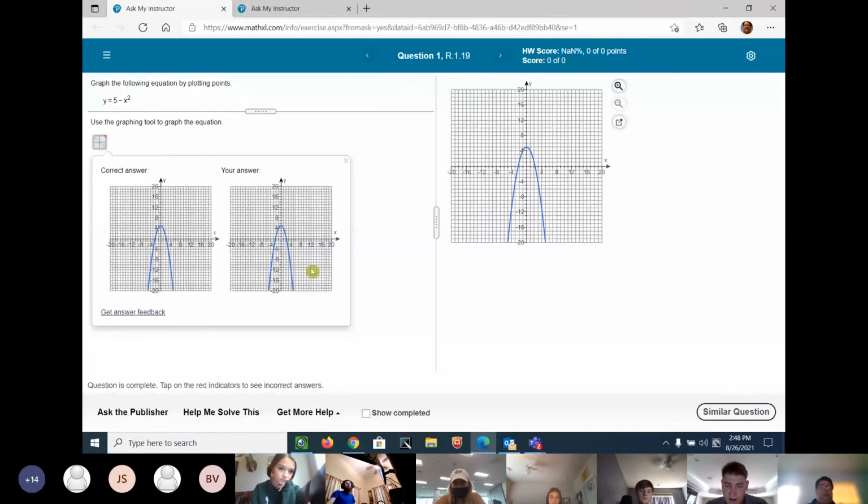Yeah. So in this case, whoever sent this problem, you did it correctly because -2 squared would be 4. That'd be a -4 plus 5 is 1. And then -1, that's going to be -1, -1 squared is 1. -1 plus 5 is 4. 0 plus 5 is 5. So that's right. 1 would be -1 plus 5 is 4. And 2 squared is 4. -4 would be 1. So if you were to graph it,